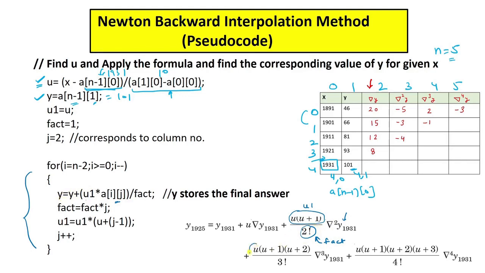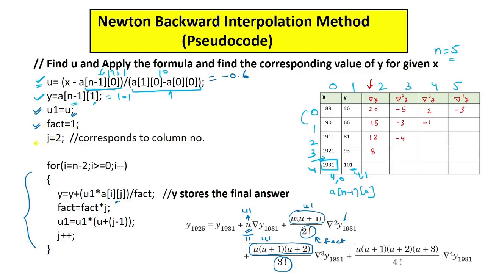And then again, this will be saved inside u1, this will be saved inside fact, and then all these values u1, fact, and this value will be multiplied and divided and stored inside this y, okay. So this way this thing will go on. So let's see. So initially what I have done is inside u1 I am saving the value of u only, okay. So u was actually minus 0.6, okay. So this is like u1 only, okay. Now initially fact is 1, so here you can see this is upon 1 factorial, so factorial of 1 is actually 1 only, so I am saving the initial value of fact as 1, okay.